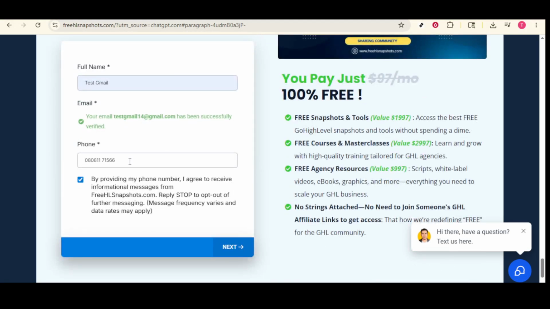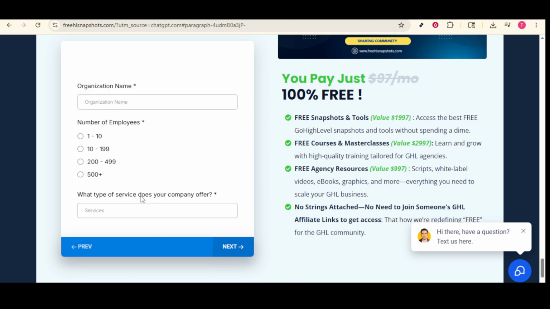What sets this site apart is its open community ethos. According to the site, you can access community-shared snapshots without the hassle or commitment of affiliate signups. This means you don't need to jump through hoops or worry about restrictive conditions just to gain access to these time-saving resources. When you visit snapshots.com, what you'll find is a clean, user-friendly interface designed to make your template search